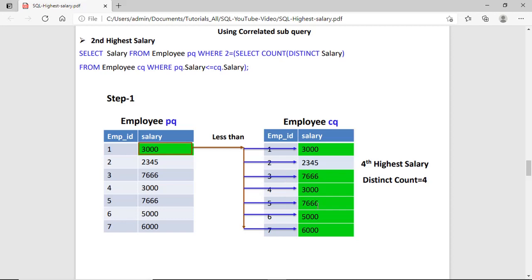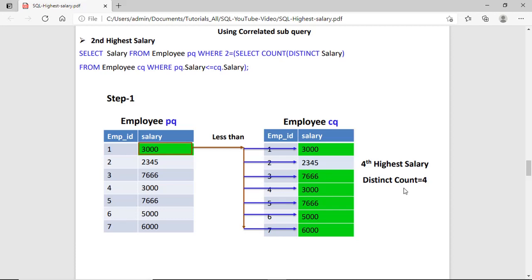The green mark indicates these values where 3000 is less than or equal. So the count is 4, the distinct count.